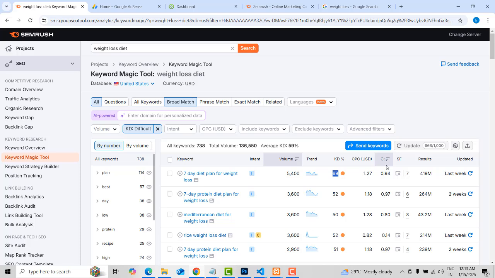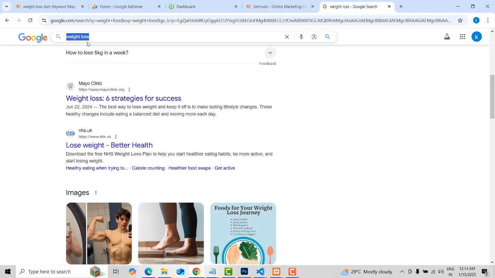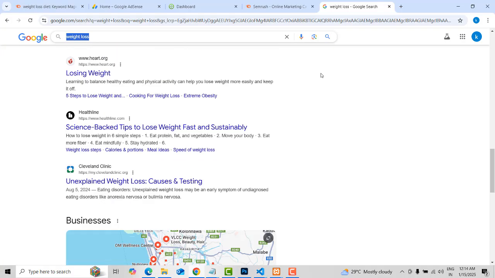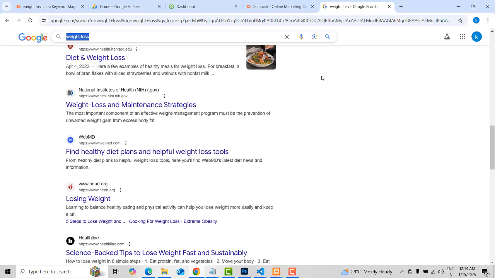If you are a new blogger, please consider what I said in this tutorial. This is very important when your blog gets onto the first page of Google ranking. When people are searching for weight loss, your keyword must be included on the Google first page. That is a must if you are a blogger.